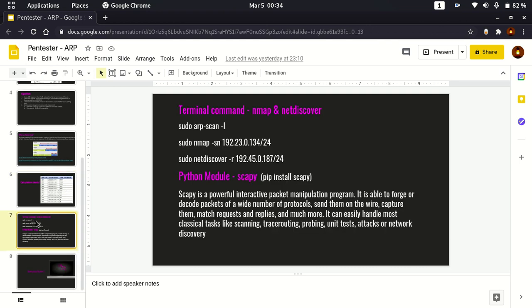Now the same thing we are going to do by using terminal commands. From the terminal command point of view, you can use arp-scan, the name itself telling the ARP scan, and after that we can use nmap as well, and we can use netdiscover as well. In nmap you will be using -sn, where S stands for scan and N stands for no ports. That means it will not go to the port level, it will just check the IP address, send the packet, and get the reply back if it is up. In netdiscover, it will have the range, so that's the reason for -r, and you will be giving the range. Here we are not giving all the IP addresses, we are giving the CIDR notation /24. Since we have /24, it will have a range of 0 to 255 devices.